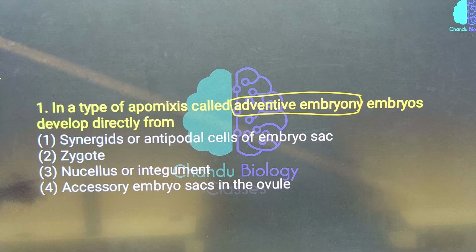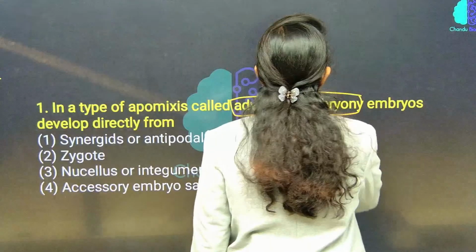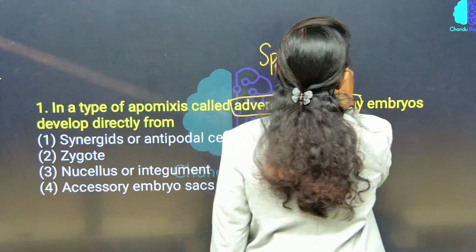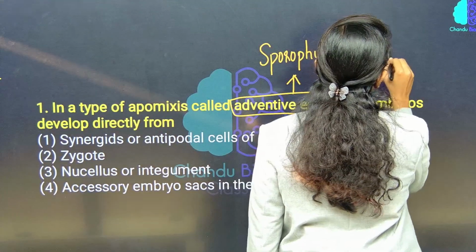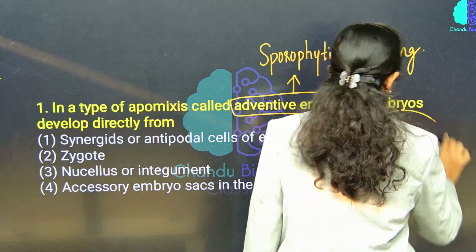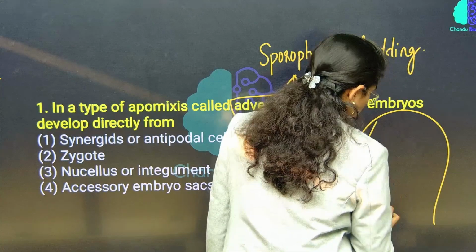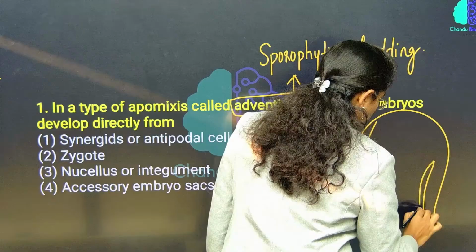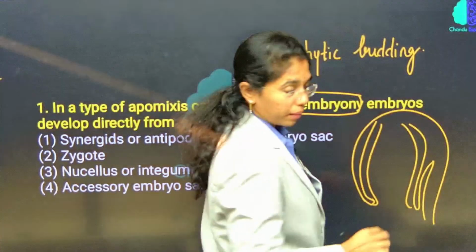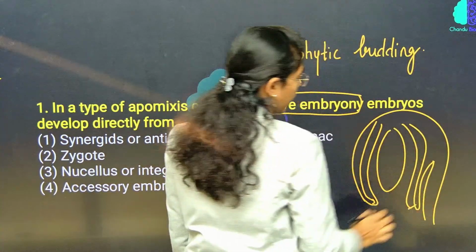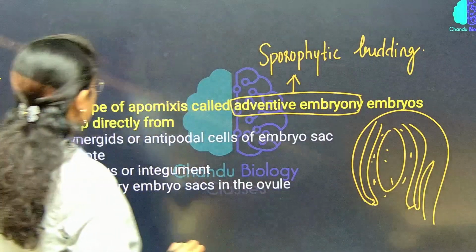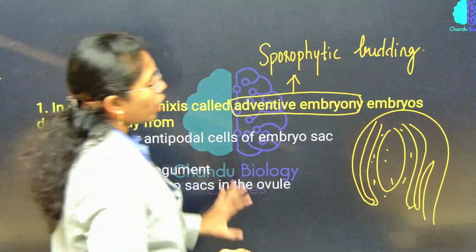Yeah, here we go. Adventive embryony is also called as sporophytic budding, wherein the cells from the ovule, let us take an inverted ovule which is observed in most of the angiosperms, wherein if you consider this ovule, usually it is bitegmic. At the center embryo sac will be there, right. So, any of the cells, be it synergids or antipodals or nucellus or integuments, any of the cells inside the